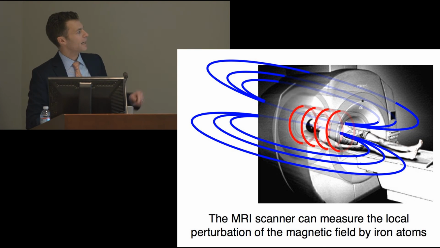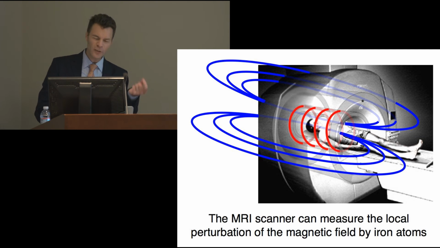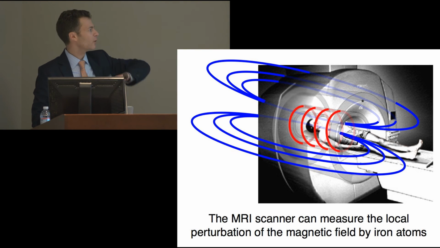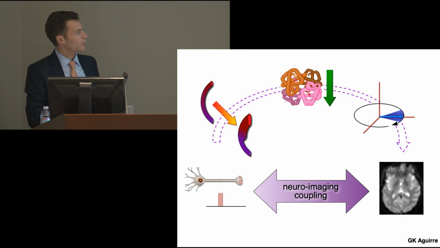And so within that magnetic field, you can measure the local perturbation, basically the wrinkling of a smooth magnetic field that your machine has made, by the presence of these iron atoms. Okay? And the slight difference between iron atoms that are carrying oxygen or not carrying oxygen is measurable using this system. Okay? So to summarize an awful lot of stuff, if you have increases in neural activity,